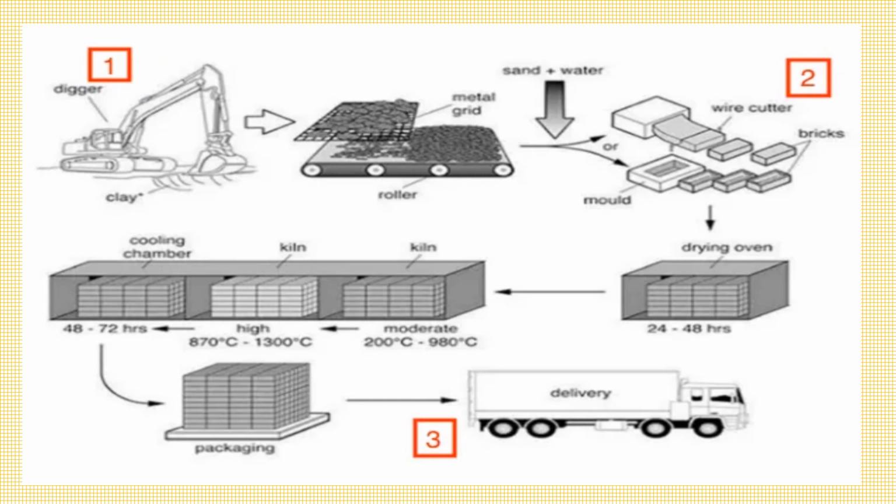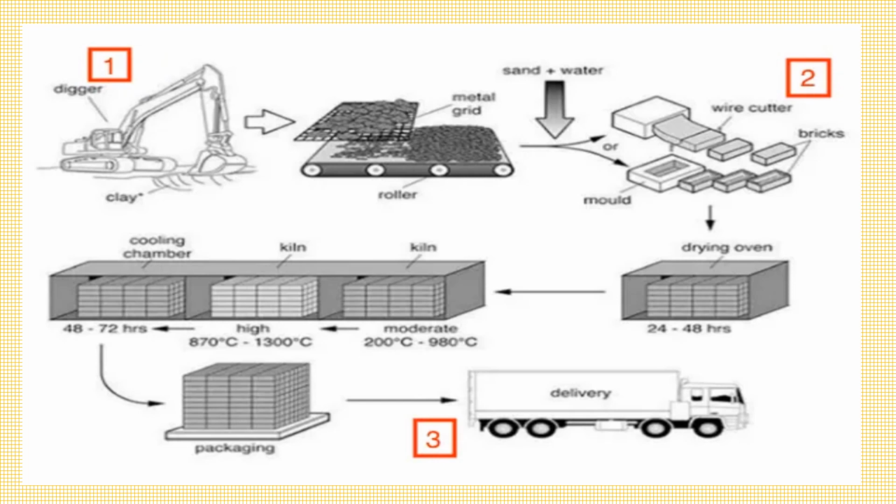The next is an image. So this image represents the manufacture and distribution of clay bricks. Firstly, the clay is dug out of the earth by a digger and sorted on a metal grid and roller. The clay is then mixed with sand and water and shaped in either a cutter or a mold before being